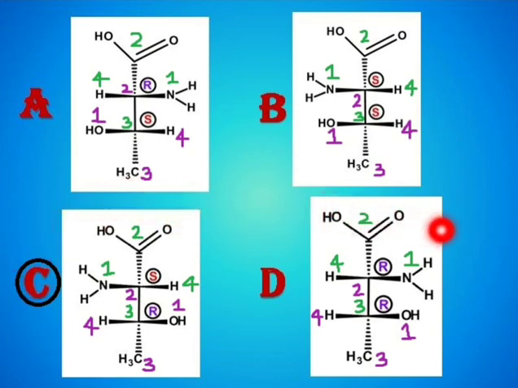Let us check option D as well. Here again you can see that this is the second chiral carbon. From 1 to 2 to 3 it is counterclockwise, so the configuration is R. And on the third carbon again from 1 to 2 to 3 it is counterclockwise, so it is R. So this is 2R, 3R. So all the other options, that is A, B and D, are incorrect. The correct option left is only option C. So this is the correct answer for this question.